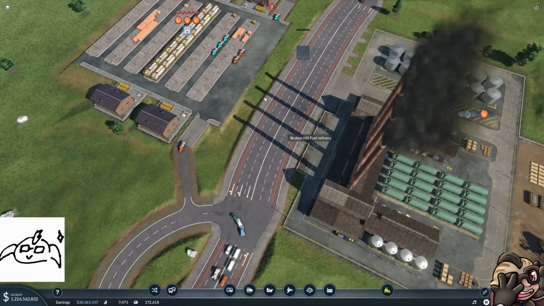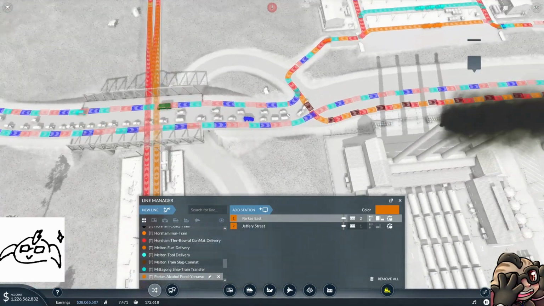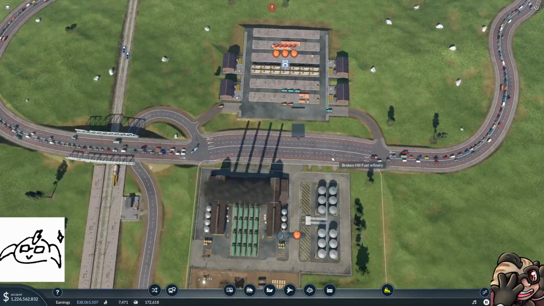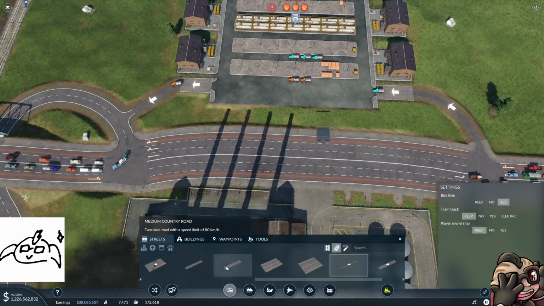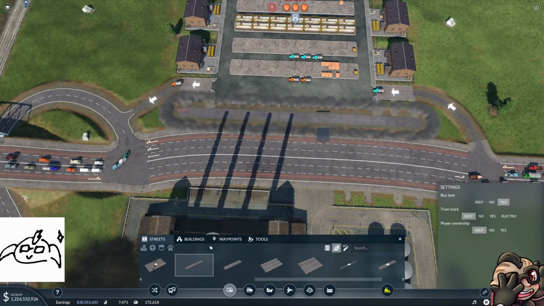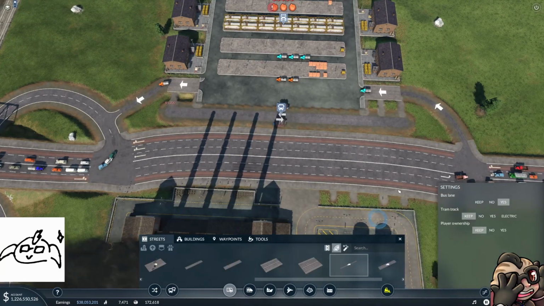Okay, let's just check our lines here. So most of the lines are okay. We haven't got the buses back in here yet. Oops. So they're gonna be a very tight fit. So can we fit... We can fit a bus line down there. Okay. Now let's put some bus stops on it. And then...